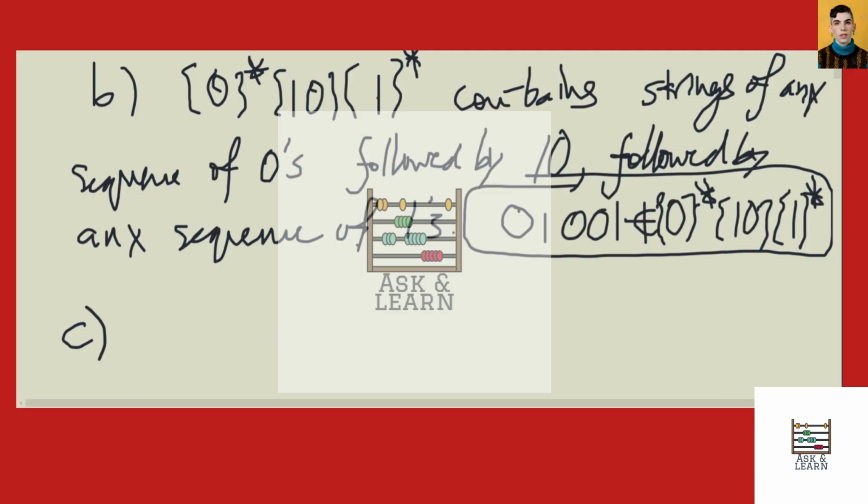In part C, we are given the set which is the concatenation of the Kleene closure of 010 and the Kleene closure of the set containing 0 and the set containing 1. So we know that the Kleene closure of the set containing 010 contains any sequence of 010s, and the Kleene closure of the set containing 0 contains any sequence of zeros. So it follows that the set contains a string